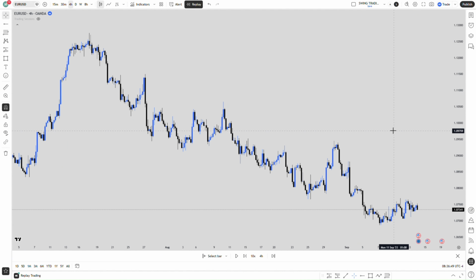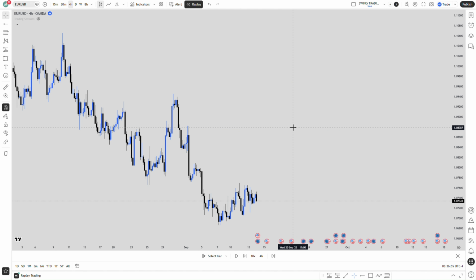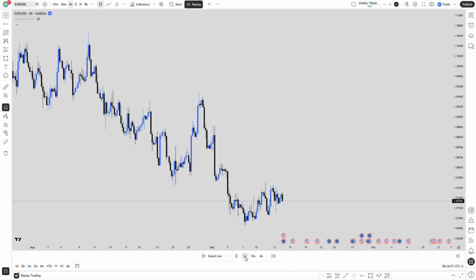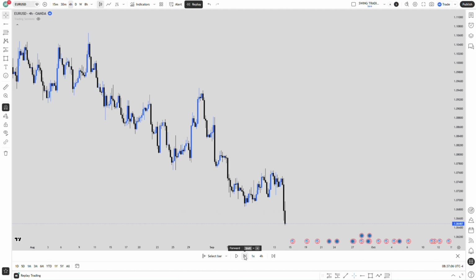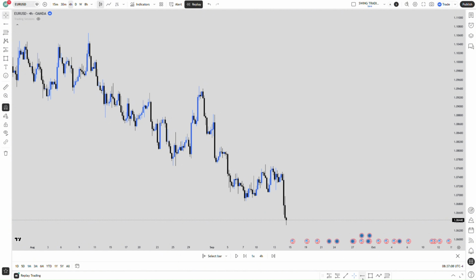As you can see, this is an established downtrend on Euro USD 4-hour time frame. So let us say, for example, we keep looking and expecting for a trade, and we need the market to give us more lower lows and lower highs so that we can look for our next entry. Obviously, you can see this is a high and this is a low. So it means this will be our new